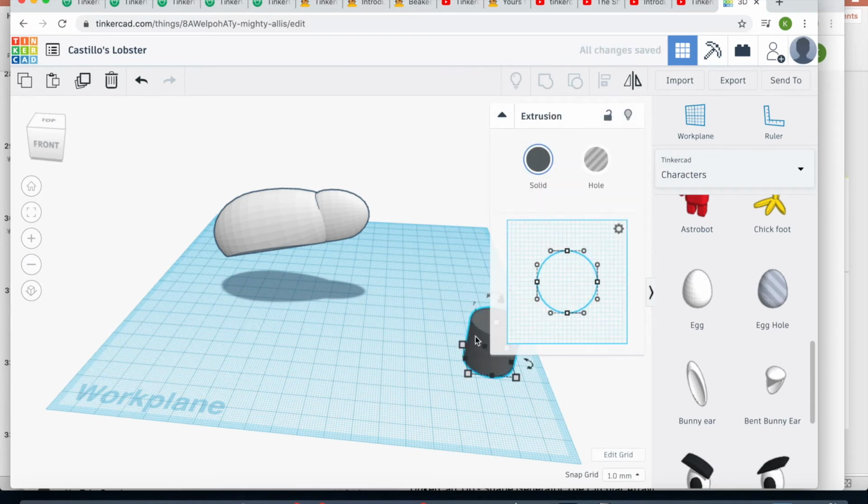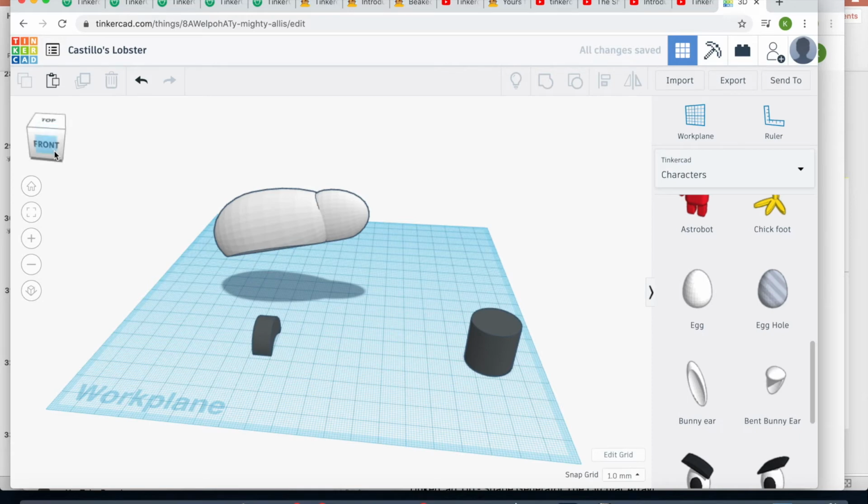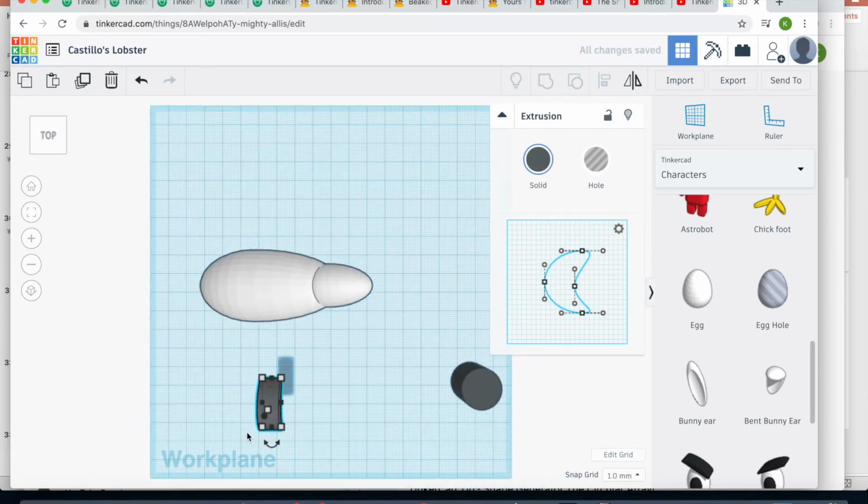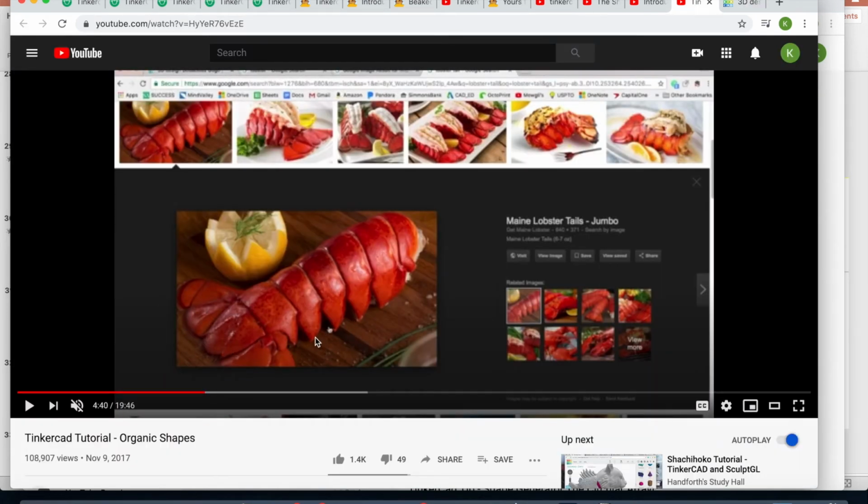Next, I'm going to start working on the scales on the back of the tail. So I'm going to duplicate that extrusion tool, so I always have an extra, and again make my sort of half moon type of shape. Once I get the shape, I turn it over so that the curved end kind of fits on top of the body of my lobster, and I'm going to take a look at the image of a lobster that he's